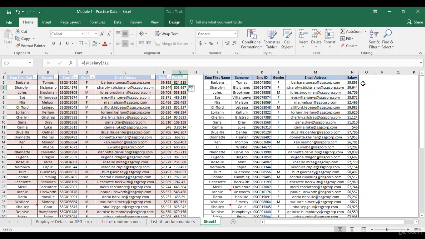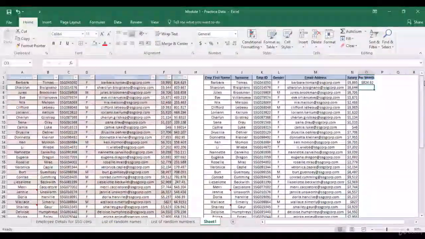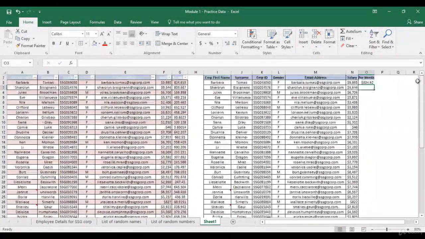But in a normal data set, when you try doing that, let's start off with adding an additional column. There is no change to the data structure as such. So it is equal to this divided by 12. There is no automatic population of the entire data set, so you will have to manually copy and paste this formula for all of the 50 observations.